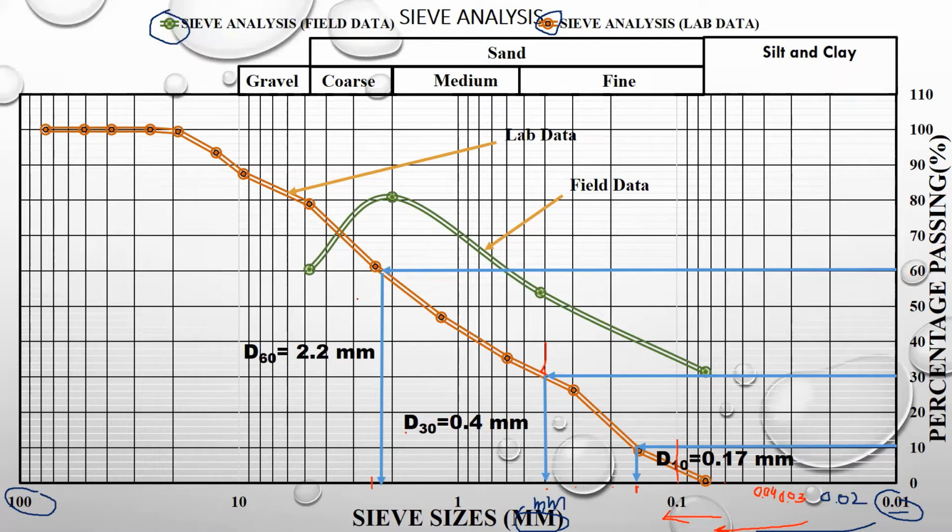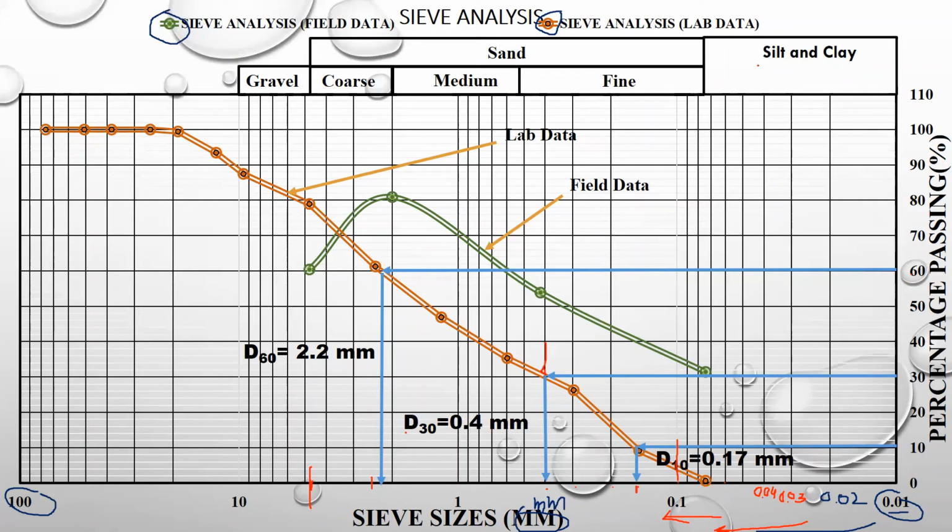And one more thing I want to tell you. From 10 millimeter to, you can see 1, 2, 3, 4, 5, 5 point something. From 10 to 5 point something, we are getting gravel. Obviously from 100 to here, this is the category, and I have put this name myself. Then there is the sand.